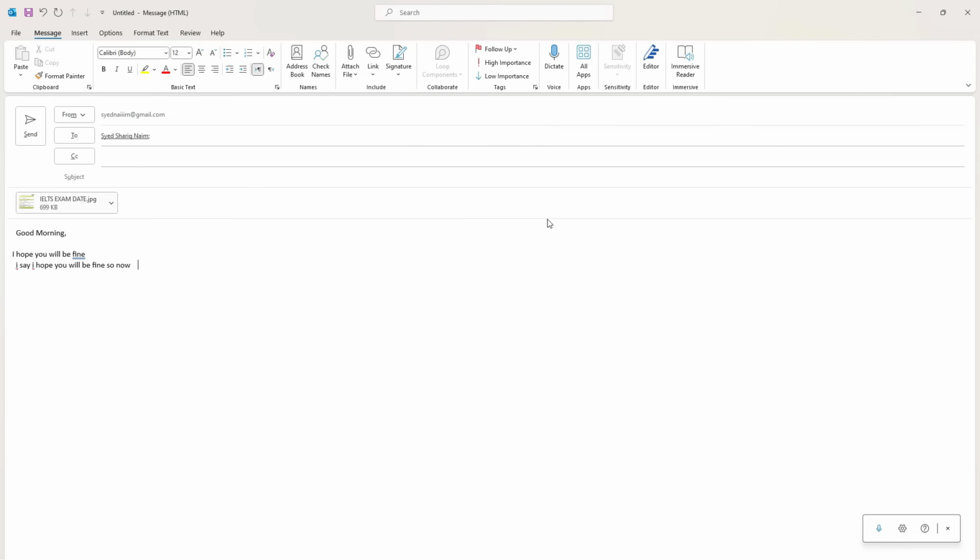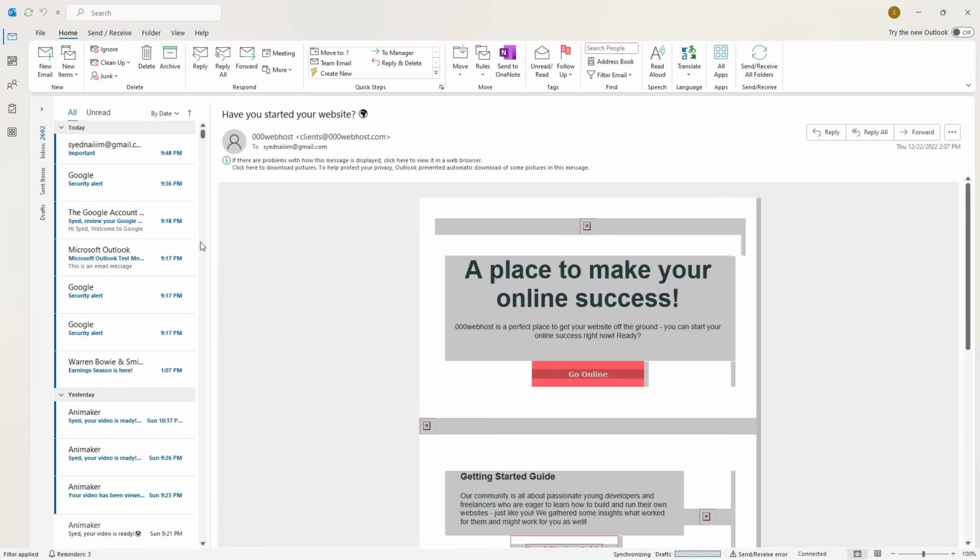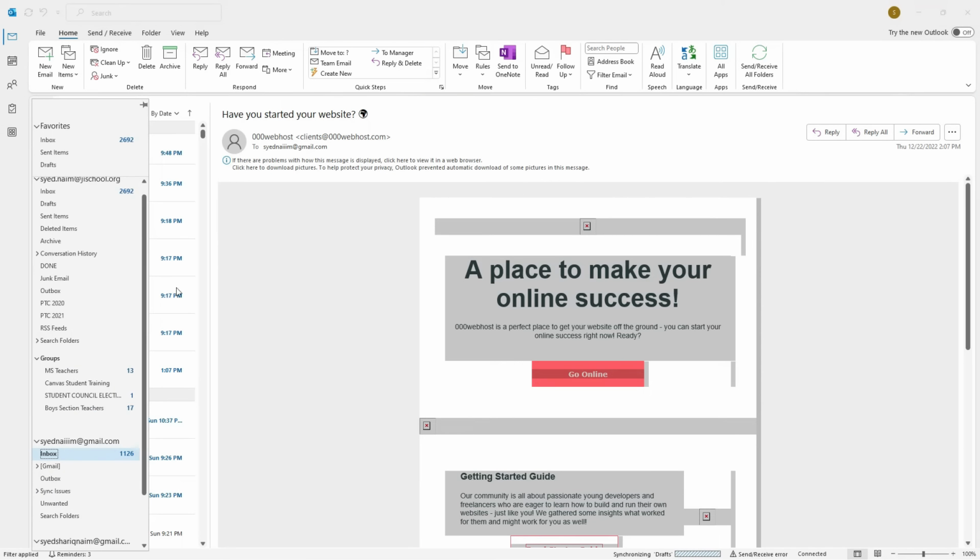You see, if I want to close this email, it will ask me if I want to save. It saves a draft, because if you click yes, it will save as a draft and you can use it later, if you don't want to send the email at the same time. So it will save in Drafts and you can open it. But if you click on No, it will delete it. Suppose I click Yes. So you see now in Drafts, I will find this email.